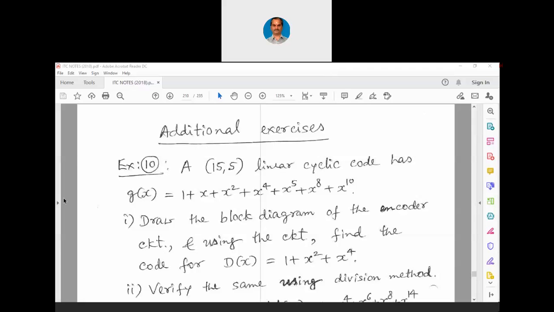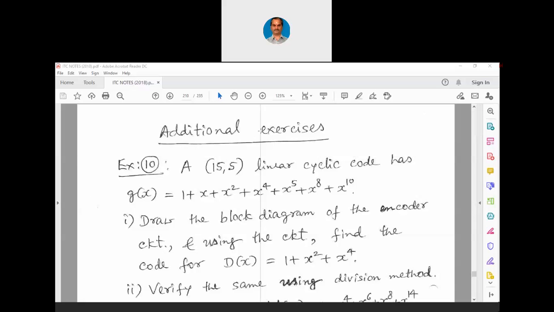Today's is the last class as far as recording of the sessions is concerned, because we are dealing with the additional exercises which are present in each chapter, and this is the last set of additional exercises which is present in the module 5